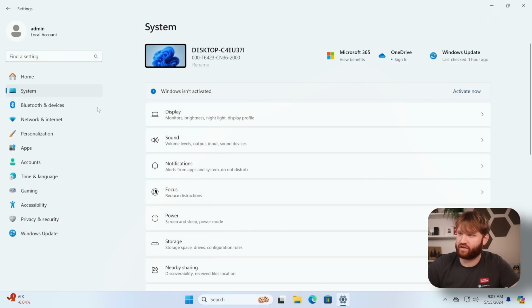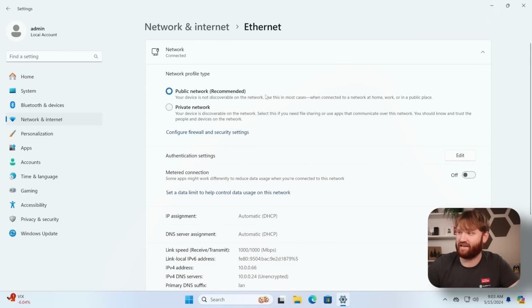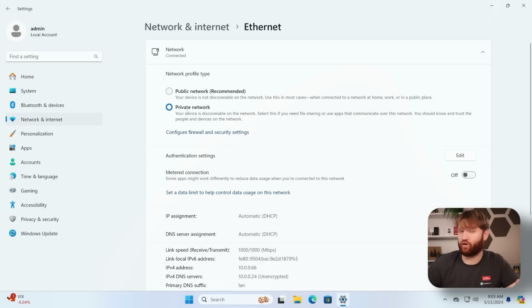And now what we're going to want to do is actually enable network discovery. So to do that, we're going to go to network and internet and click on our internet connection. It's currently set to Ethernet. I would definitely recommend using Ethernet if you do plan on using your computer or whatever as a NAS unit. And we're going to want to go ahead and switch this over to private network. As we're going to be keeping this device on our home local network, we're going to want to switch to private, and this will expose it so we can access remote connect, shares, Docker ports, things like that.